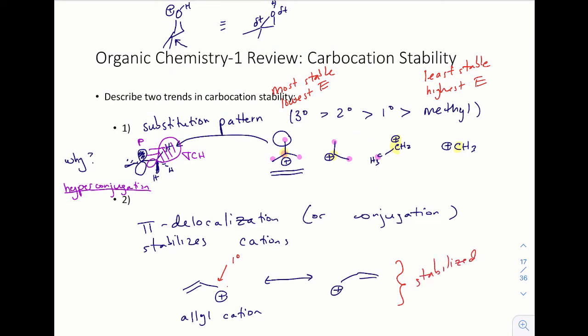Generally, drawing resonance structures which represent conjugation or delocalization of charge, that effect, full conjugation, is a more significant effect than hyperconjugation, substitution. So trend number 2 is more significant. It's more important, it's more stabilizing than just substitution, so having more alkyl groups. Keeping that in mind,